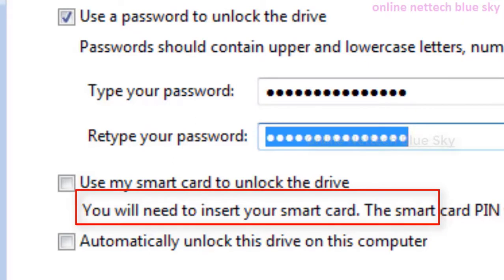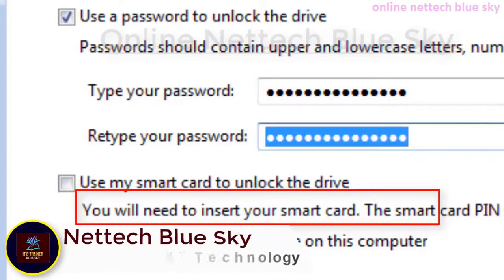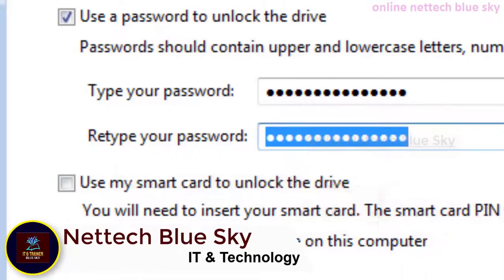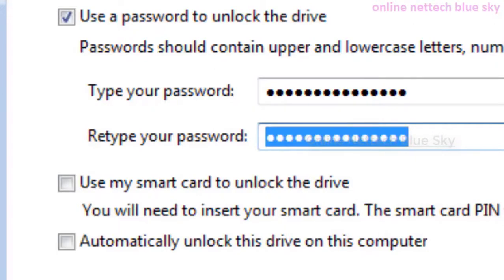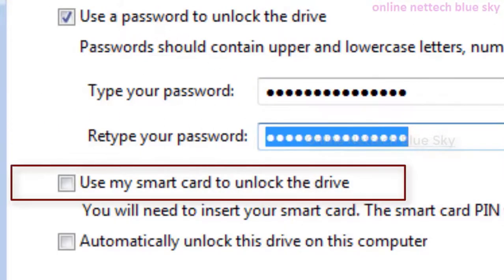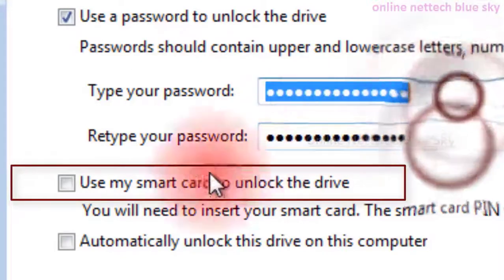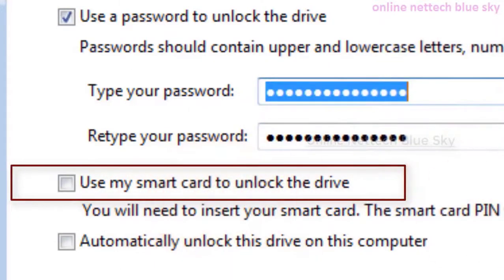Install your smart card reader and start your smart card, and then enter your smart card PIN. But I already talked about how sometimes your smart card is damaged, you lose your smart card, or you forget your smart card PIN. So that is very important, and you cannot allow this BitLocker drive without a smart card. So this is a very good, password method only.